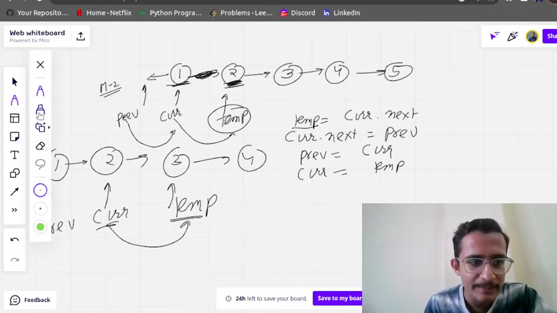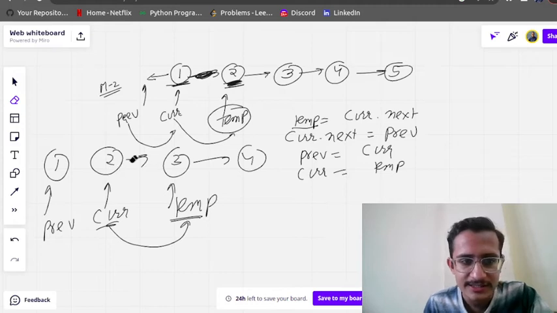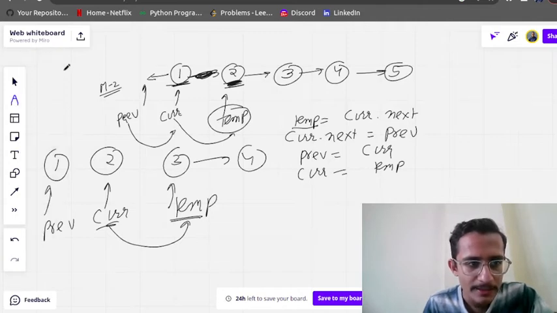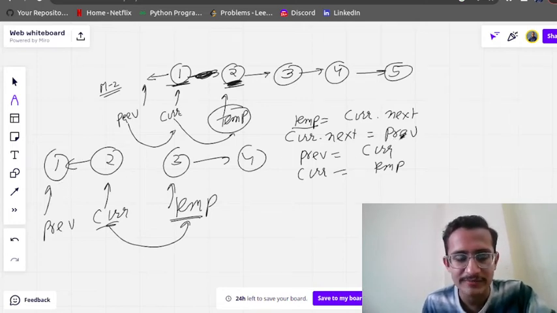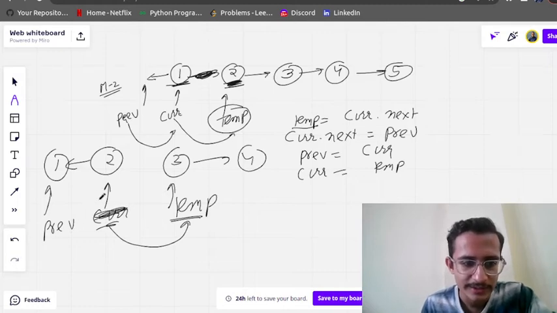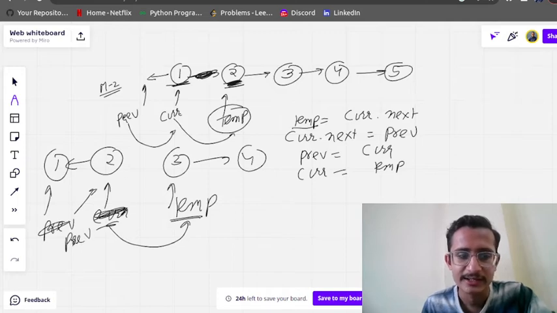So what we are doing, we are breaking this connection. Okay, because current dot next is stored to 3. So not this connection we are breaking. Now we are making a connection like this. Okay, this is done. Current dot next is equal to previous. Now we are shifting the elements. So previous will be equal to current. Earlier current was indicating here, now previous will also indicate here only. Now we will shift our current, so current will come here.